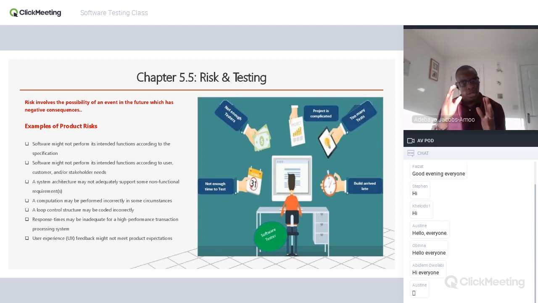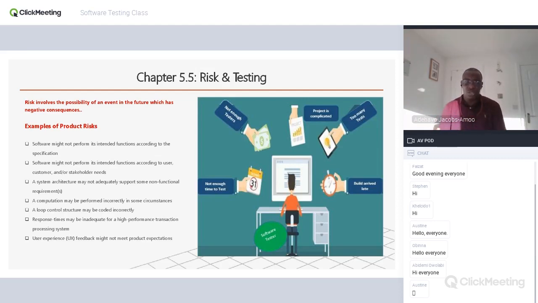So, that's the risk. Okay. Now, on a project, we've classified risk into two different groups. There are product risk, that's risk associated to the product itself. And there's project risk, that's risk associated to the project as a whole. Now, product risk, for example, are things that